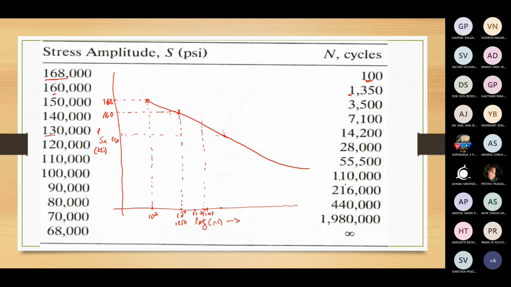So here we have 1,10,000. Then the endurance limit will come only where you are going to operate at 68,000 and lesser. So 1, 2, 3, 4, 5, 6, 10 to the power 6, around 70 KSI. About 70 KSI, we are going to have the endurance limit of the curve. So that is what is given data. How to interpret the given data in terms of the graph, that is what I was showing. Drawing the graph is not a requirement for the present problem.